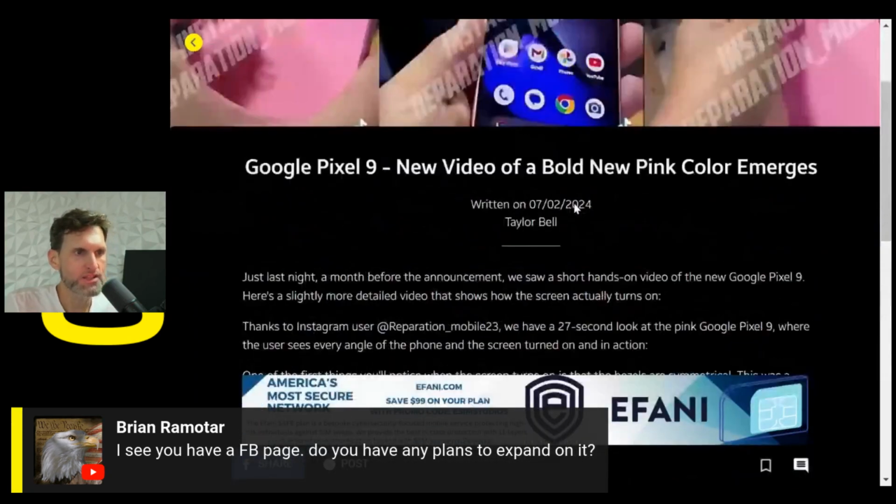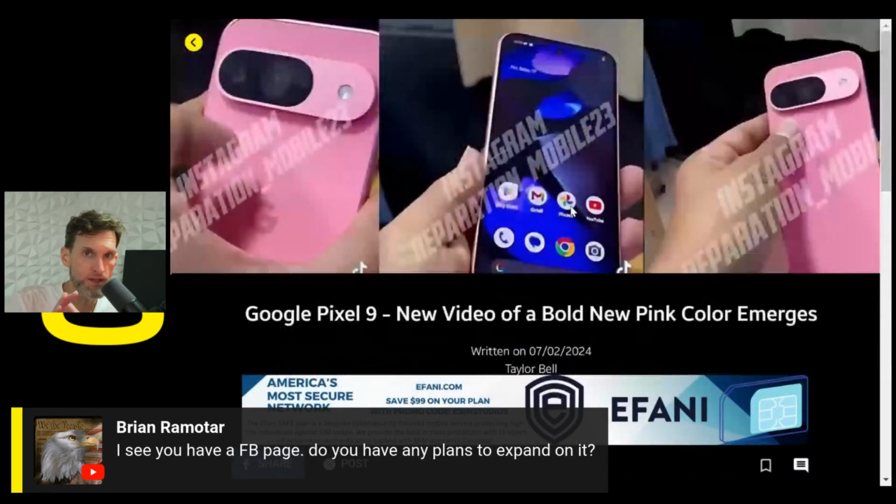But look at this. Now this is the regular Pixel 9, not the Pro. Not the Pro XL, not obviously the Fold. Now, how can you tell the difference, right? Very easy. For one thing, the size. Now, it doesn't look like it's that big. Remember, the 9 and the 9 Pro are going to be small. Pro XL, big. Pro, or Fold 2, whatever they call it, big, right? But, so this is on the smaller side, but the